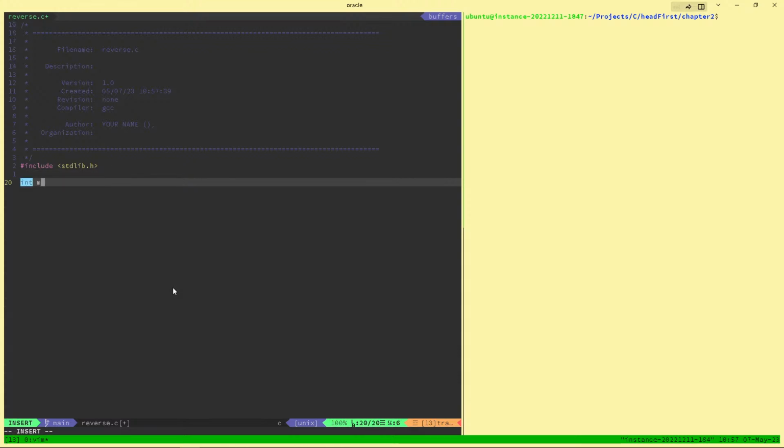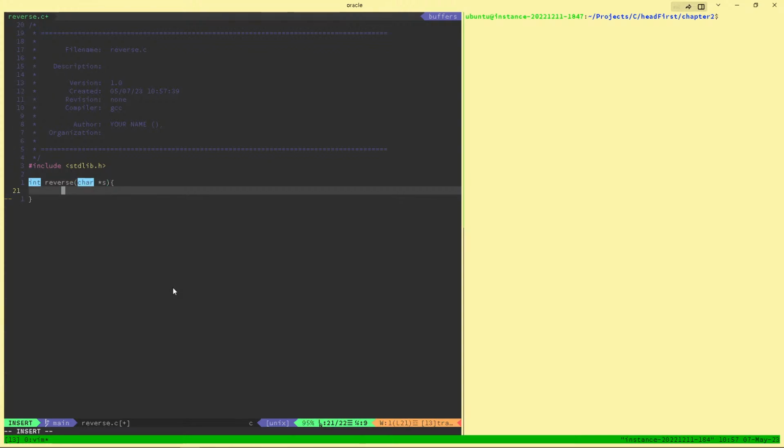So we will create our function reverse, and in reverse we are expecting a string. First, we have to find the length of that specific string. So as mentioned, length equal to